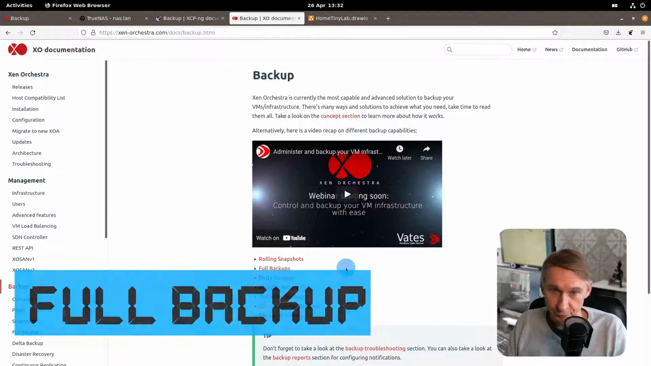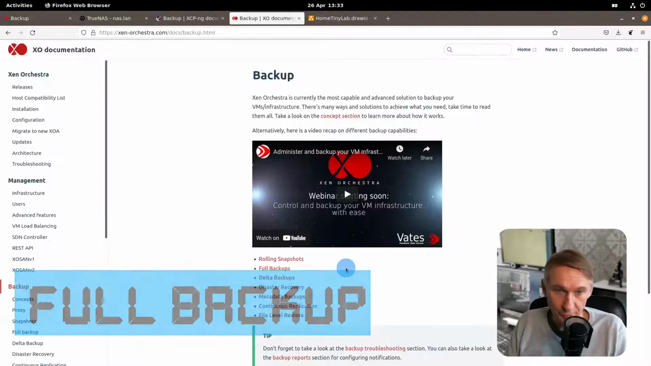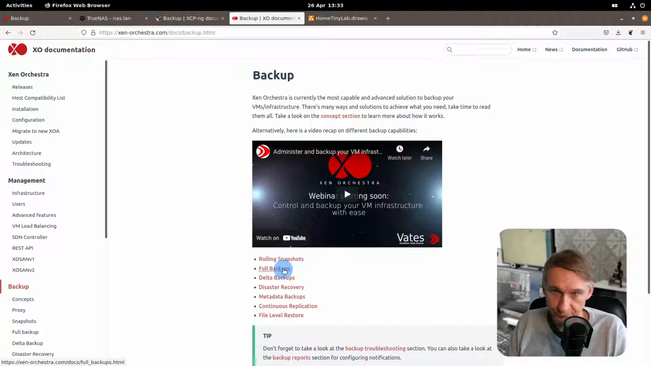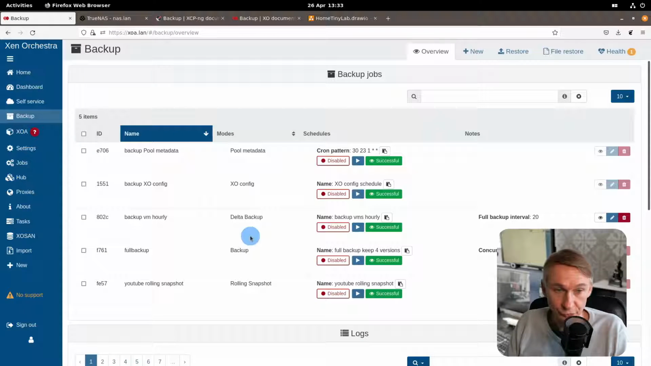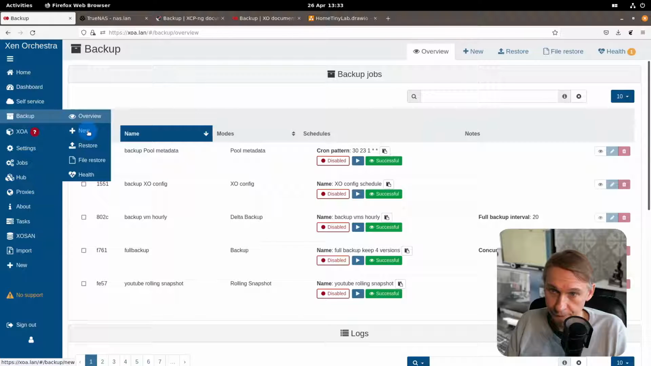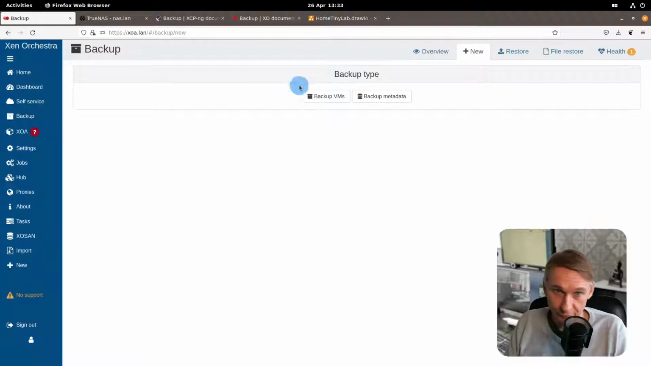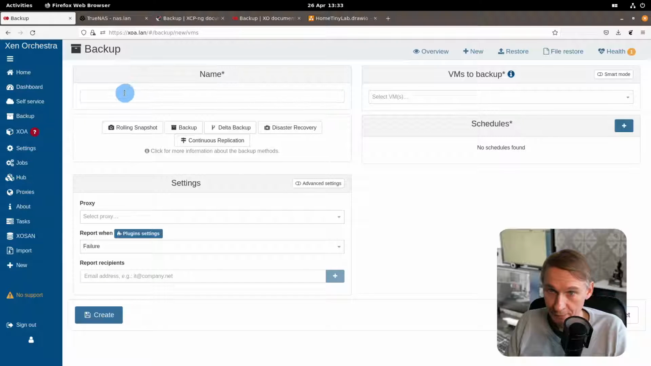The next backup we are going to speak about is the full backups. You can find it here in the Xen Orchestra documentation. And let's go to the Xen Orchestra appliance. Now we have to create a new task. We have again our backup virtual machines. And let's name our new task. Let's call it